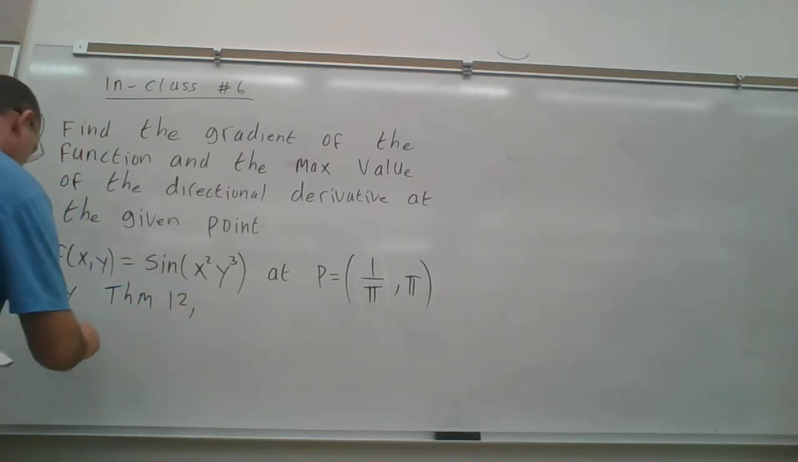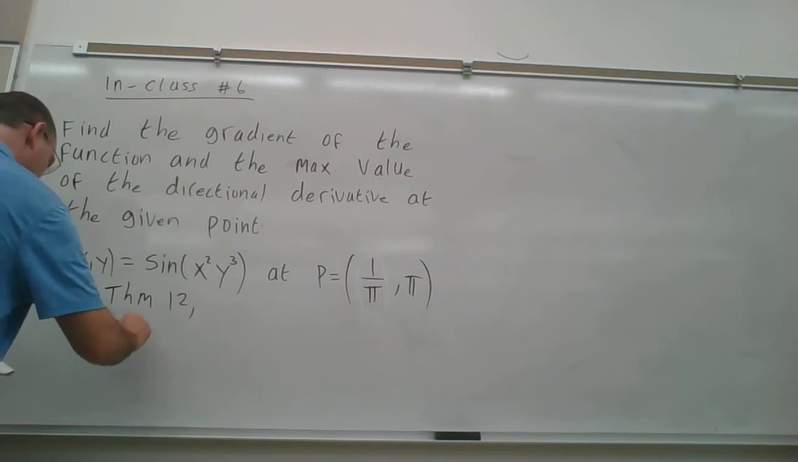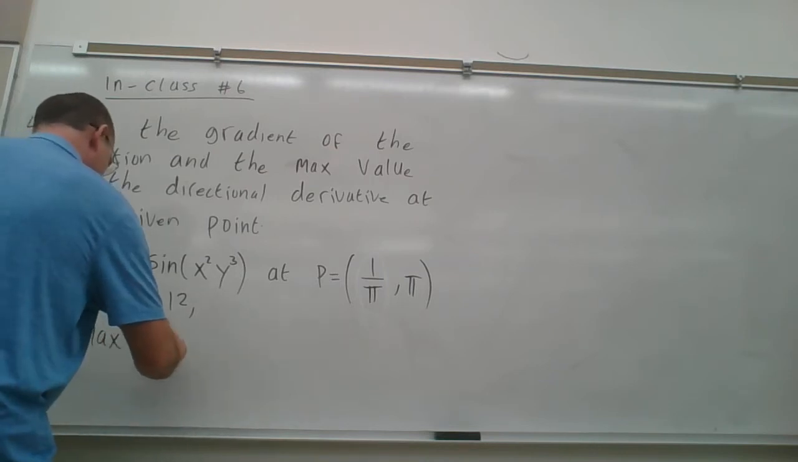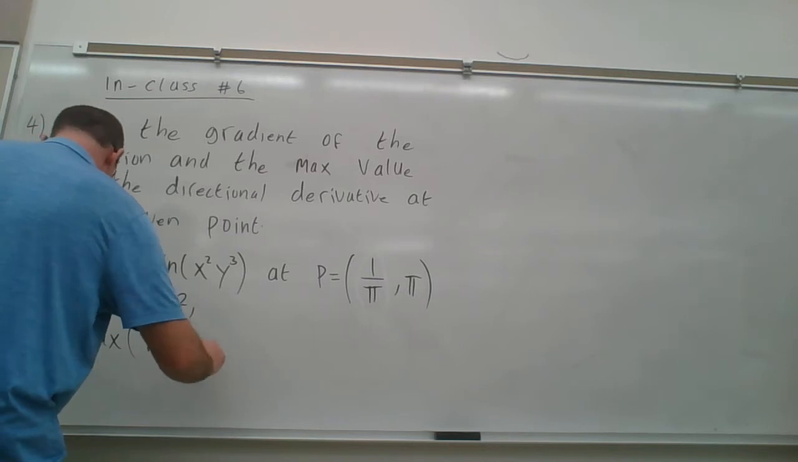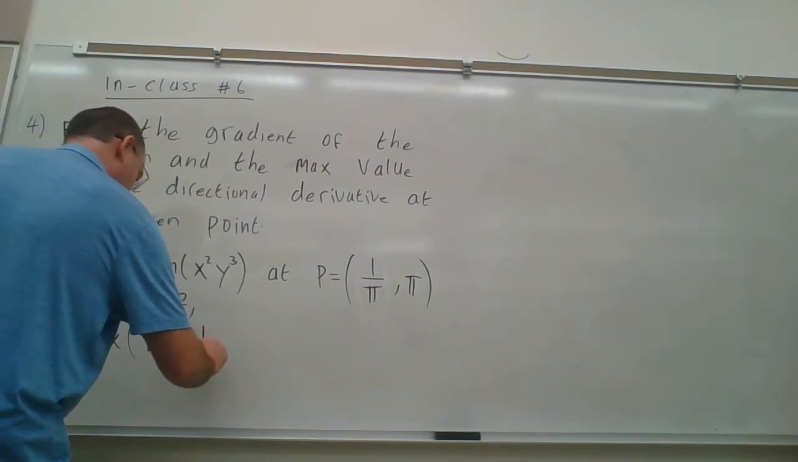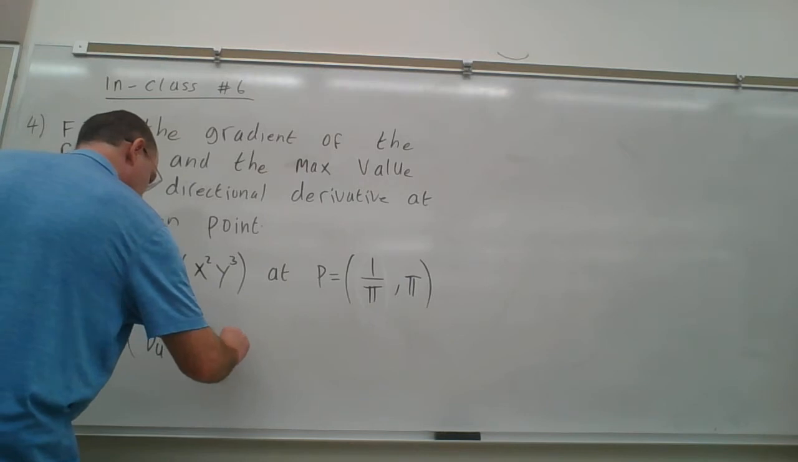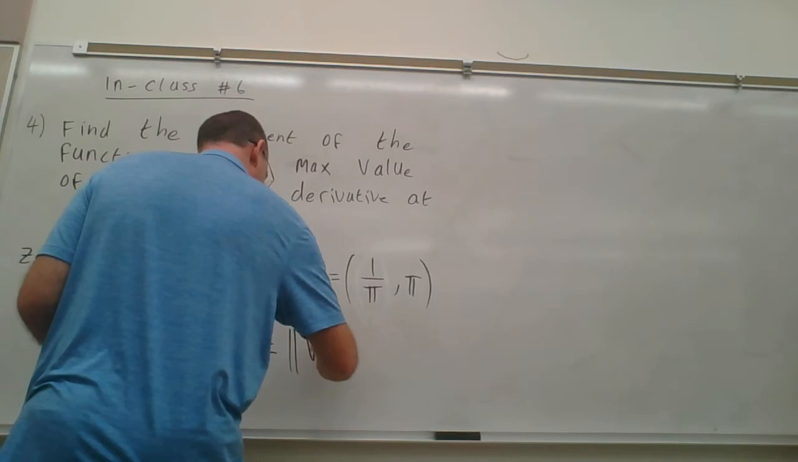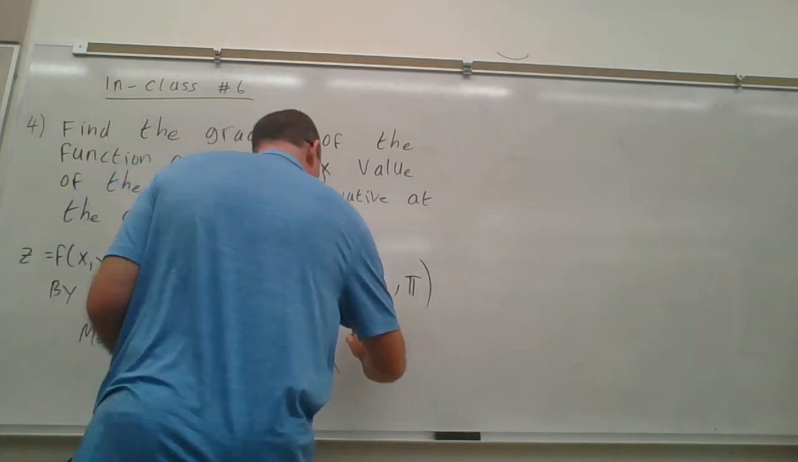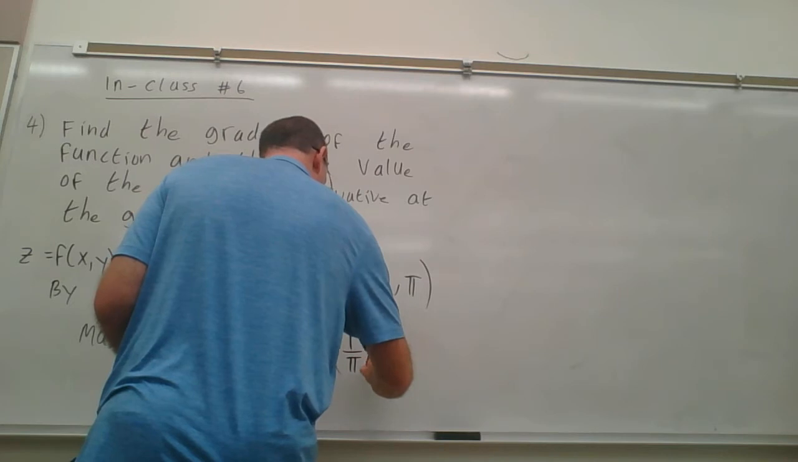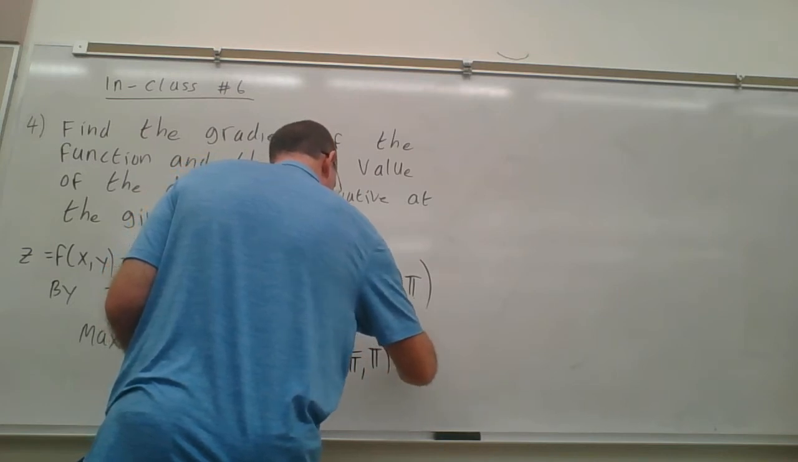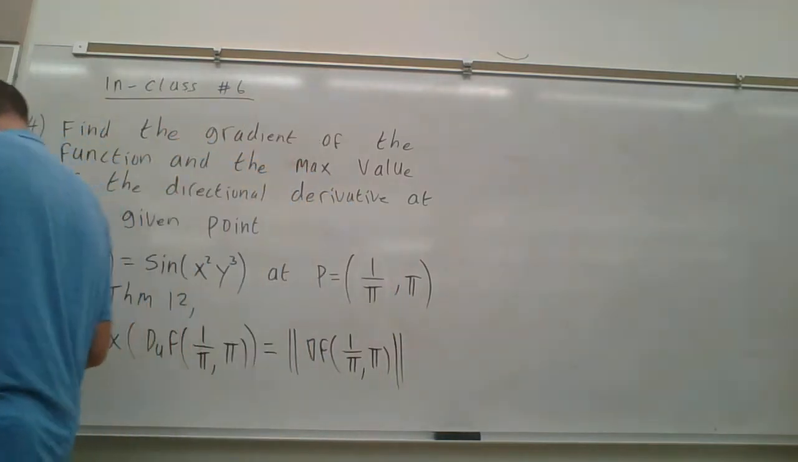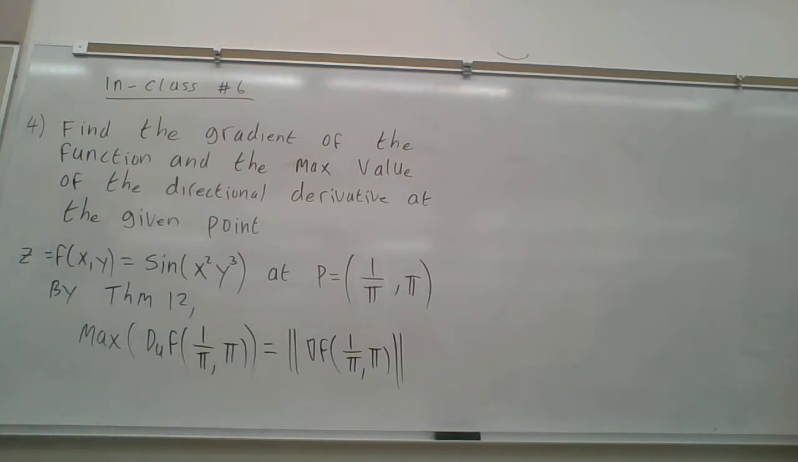we know the max value of the directional derivative at any given point, so in particular our point, will equal the magnitude of the gradient at that point. Okay. So in particular, we have to find the gradient at our point and then find the magnitude to find our max value. So note,